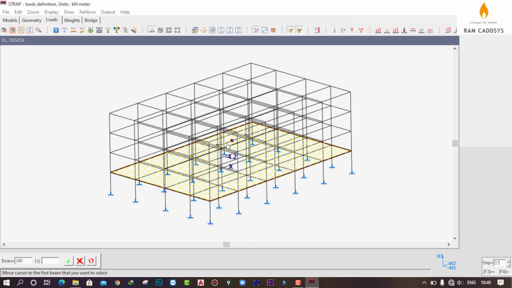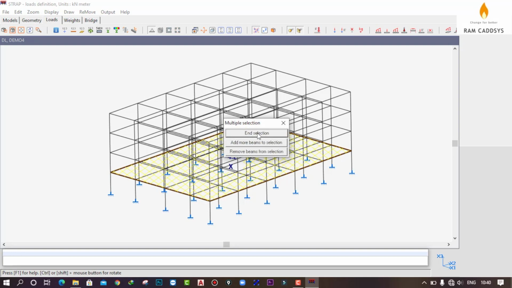So click on individual beams now and select the beams. Here I am taking only the outer beams. So I have selected all the beams here. Now click on end selection.